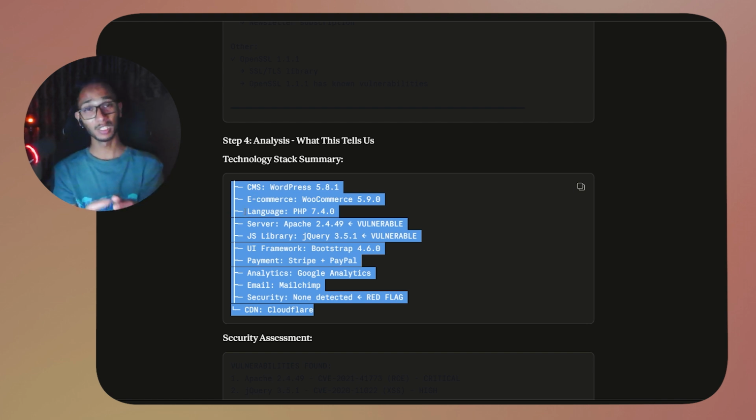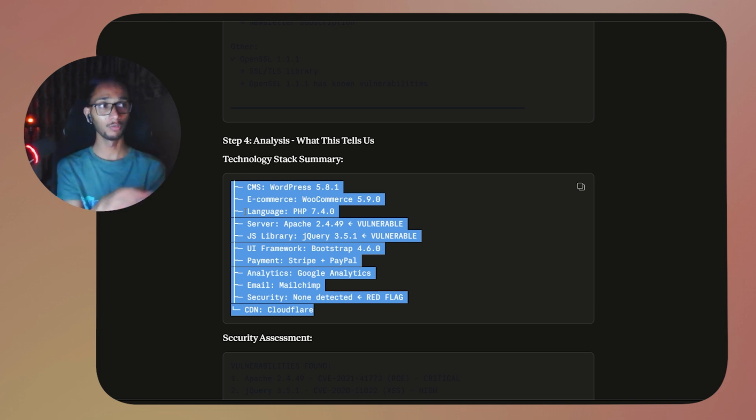Now what we will do is, how will we know if any of this is vulnerable or not, and what that vulnerability is about. Once we get all of these, to automate this instead of manually checking, going to Google and searching for vulnerabilities, we can just give it to any AI, ChatGPT, Claude or Grok or anything you like, and tell it these are the technology stack and these are the specific versions, and I want you to use the Google search tool and search for each of the technology stack, for each of the